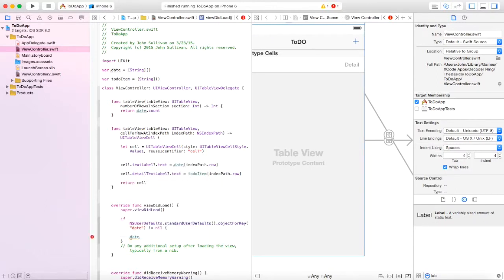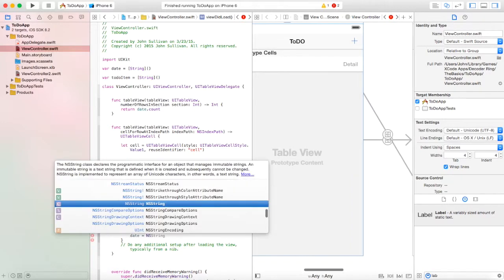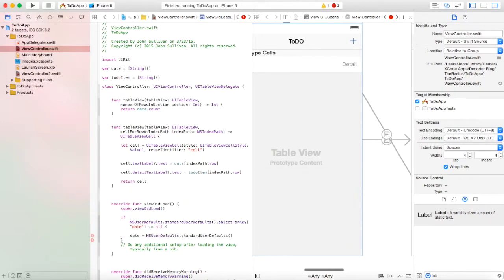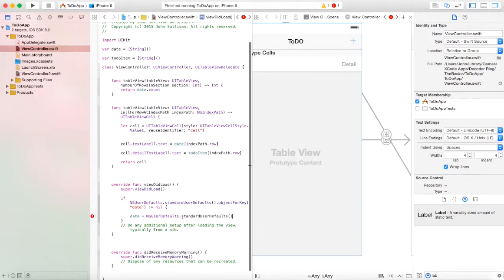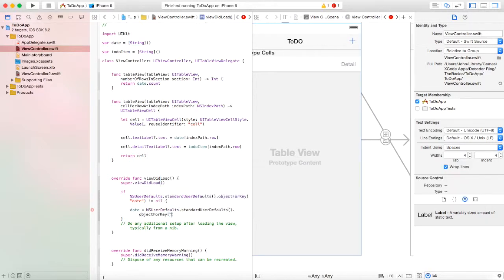and let's do date. And so for viewDidLoad, we're going to do if there is an object there and it's not equal to nil, meaning that there is something in our standard defaults, then what we're going to do is pass this information into our date array. So we're going to do date equals NSUserDefaults standardUserDefaults dot object for key, and we're going to do date, and we're going to do as a string,